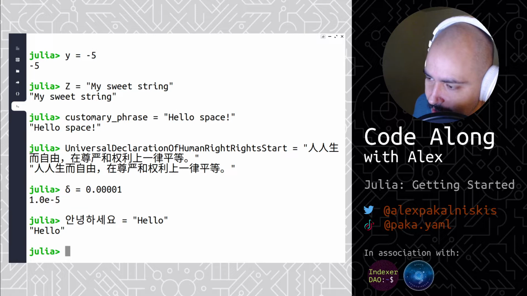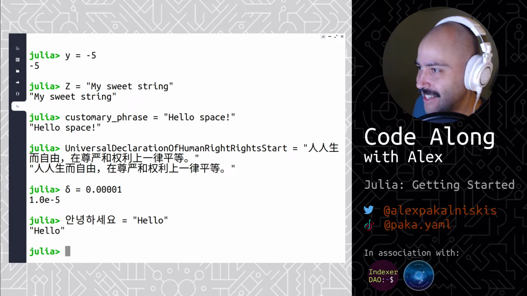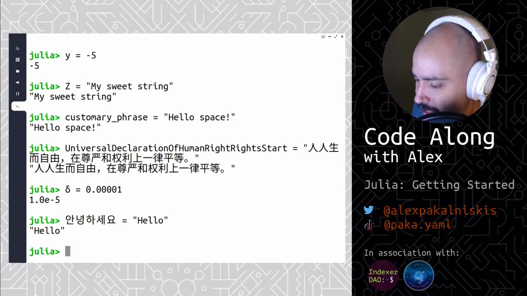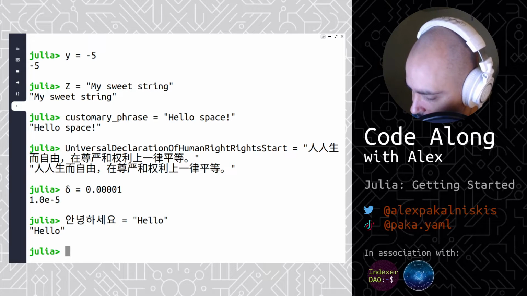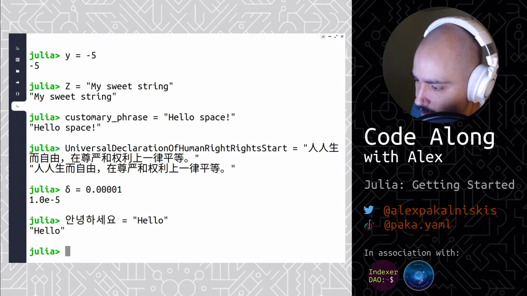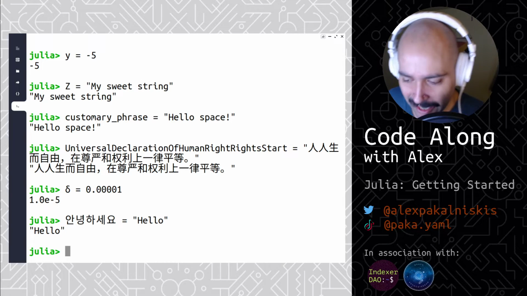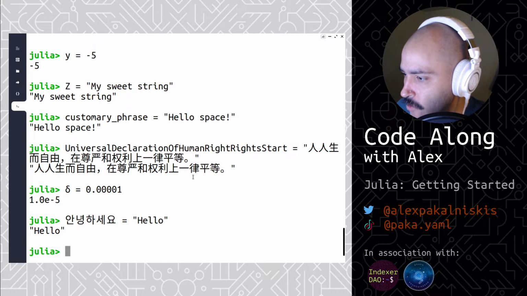So this is kind of further tying into the mathy integration of Julia and how it lends itself to representing your code in ways that are perhaps similar to someone using math formulas and even writing LaTeX for your manuscripts. So let's